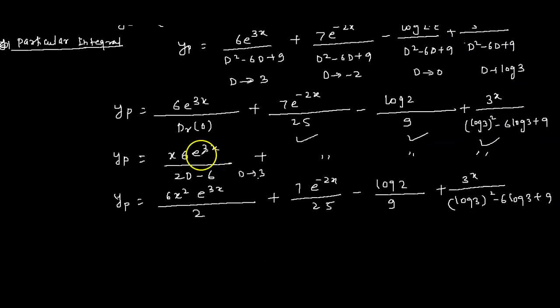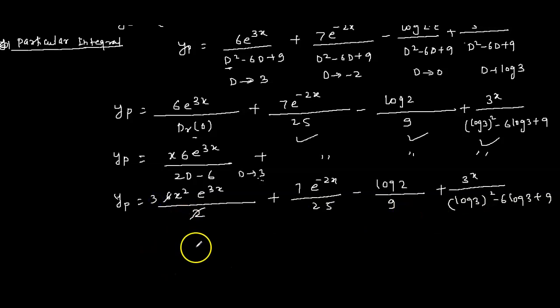So here what you have to do? I did d replace with 3, so you got 0. So I multiply x and differentiate the denominator. D square differentiation is 2d, minus 6d differentiation is 6, and 9 is constant, 0. Then again I replace d with 3. So 3 into 2 is 6, 6 minus 6, again 0. So you have to multiply x once again and differentiate the denominator. So 2d differentiation is 2 and 6 is 0. And that is the answer till here. Yes, sir. Understood now? 6x square. Yes, sir.